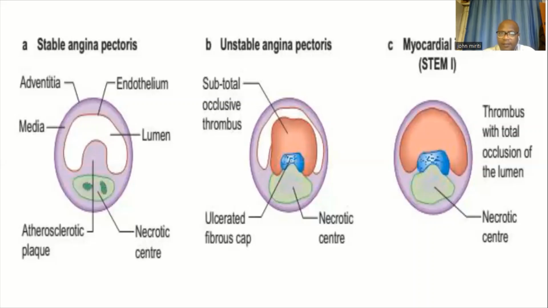So the other one is unstable angina pectoris. This one you can see that the necrotic tissue is becoming big. It is pushing forward and outwards. Then you can see now there is ulcerated fibrous tissue there, and then you can see that repair has started taking place, and there is deposition of thrombus, and these thrombi can be blown to a part of the body, causing complete obstruction. You can see that the lumen of this coronary artery is almost completely occluded, and you can imagine what is happening there. There is no proper blood supply to the distal perspective,